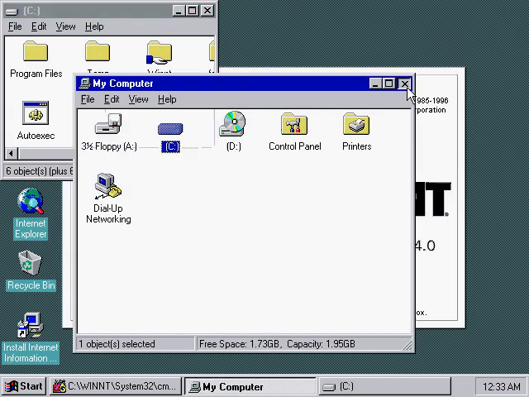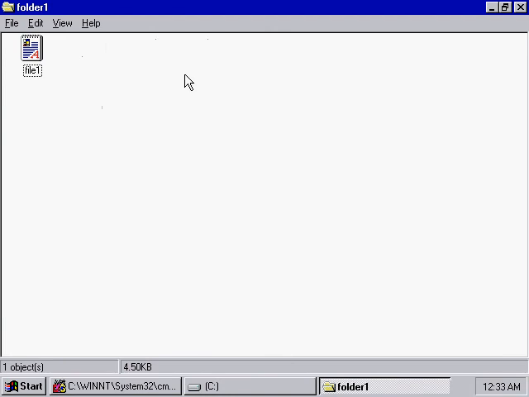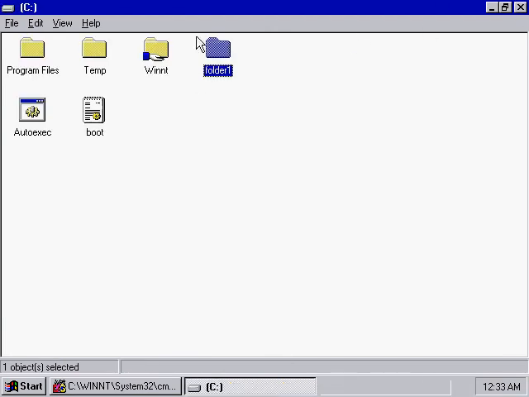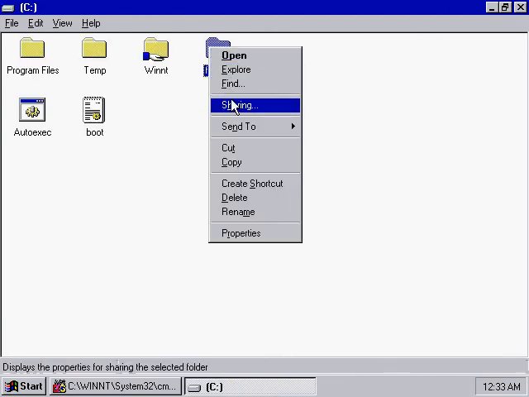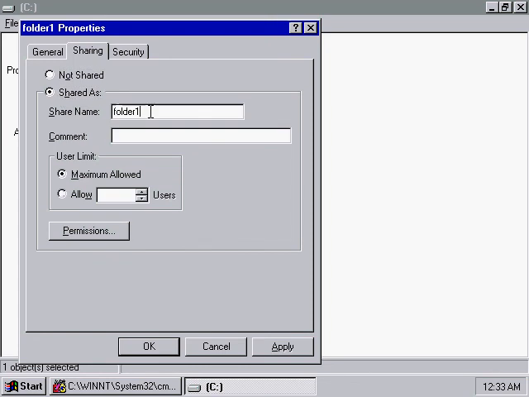Now to share folder 1, you have to right click on folder 1 and click sharing. Shared as, type folder name. You can allow 10 users, 12 users or any number of concurrent users.